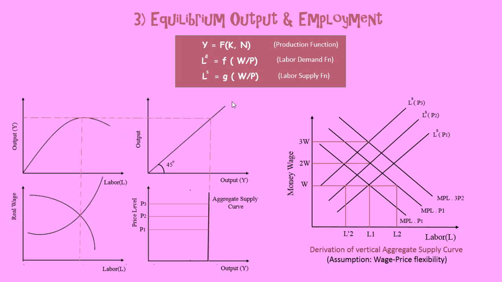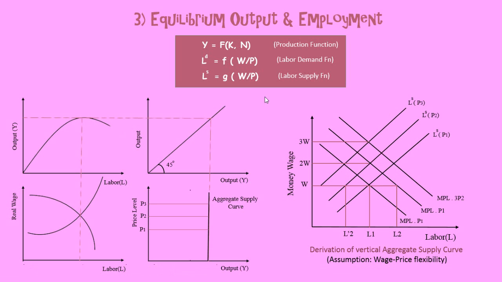we draw a 45-degree line and take a mirror image, and using this we draw the aggregate supply curve in the economy, where the horizontal axis is the output and our vertical axis is the price level. So what is actually happening in the economy is the labor demand and the labor supply intersect to determine labor employment and the real wage, and this labor employment determine the output, and this output determine the aggregate supply curve in the economy. So what is the logic behind the aggregate supply curve to be vertical?